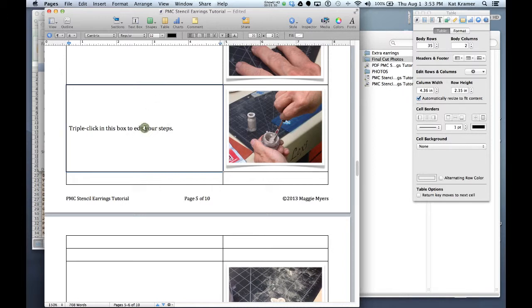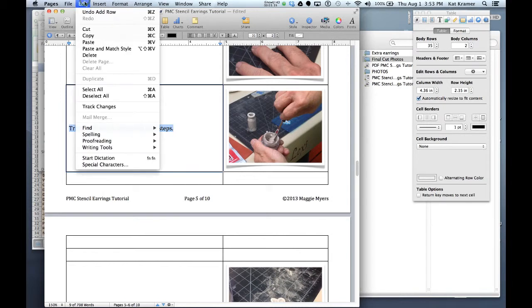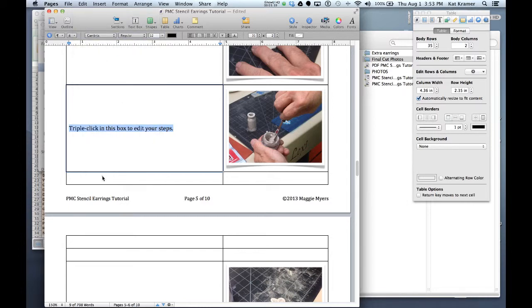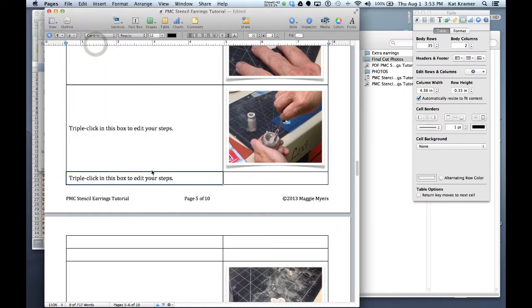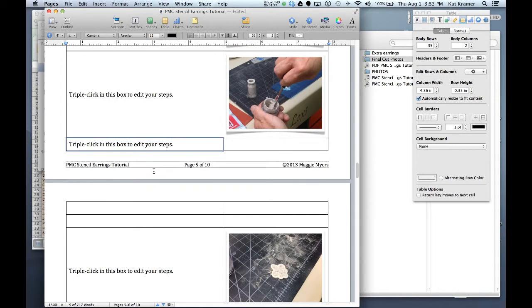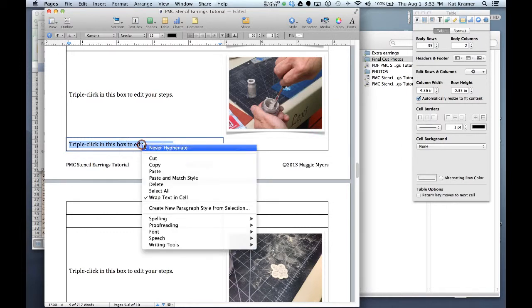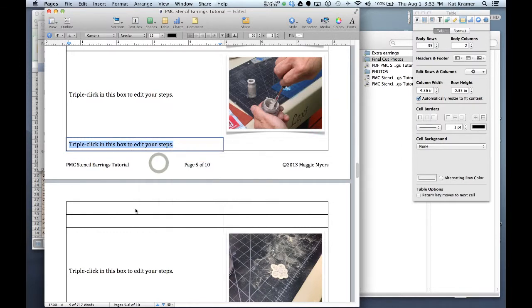If you triple click, so 3 times, click, go up to the edit menu and copy, or Command C, and then click in the cell that you want to add that text to, go to the edit menu and paste. All right. Another thing that you can do is triple click to copy, right click and choose copy,